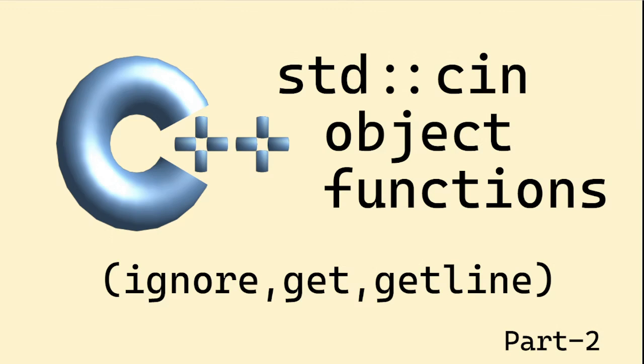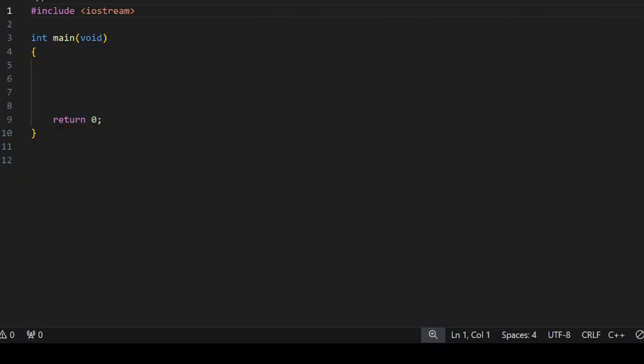This is a follow-up recording, or part 2 recording, for cin object functions. Our focus is on the ignore function, get function and getline function. Let me first talk about the ignore function. Then after that I will talk about get and getline. These are the functions that you can use with